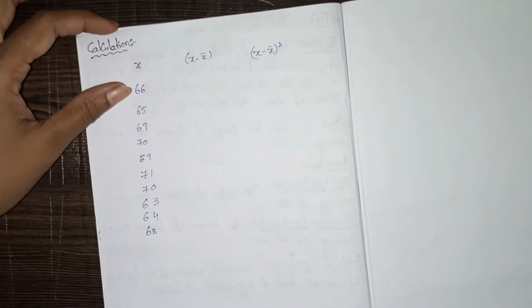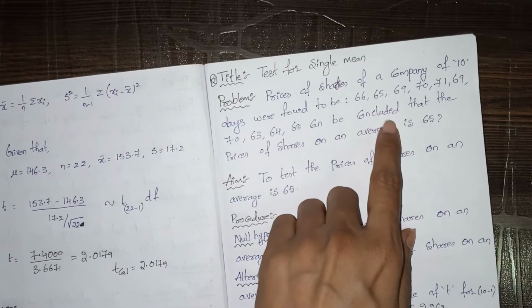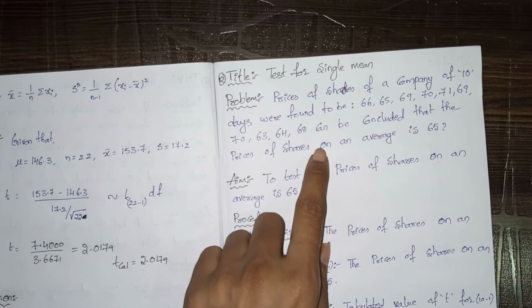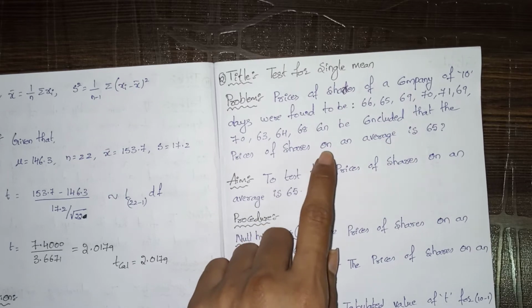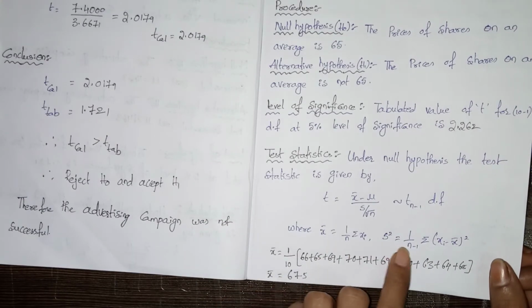Now we have to find out the s value. Why? Because in order to substitute here, they did not give the x bar value. They only gave observations. They did not give the s value, that means the standard deviation, they did not give. So that's why here we calculated x bar. Now we are going to find out the standard deviation.